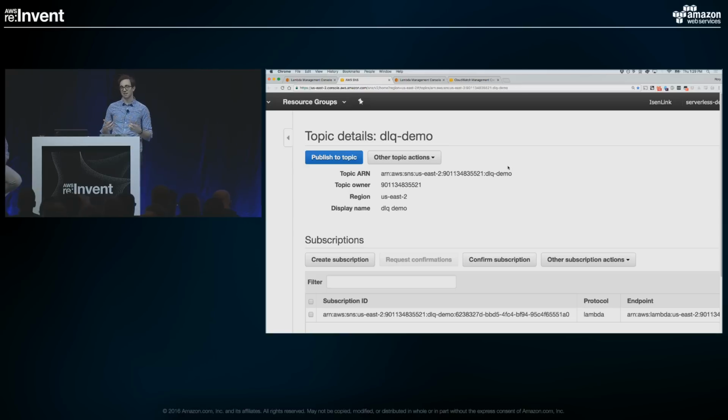So obviously, this is a very small example. Just writing to logs so I know and can recover from this. But you can imagine doing things that are much bigger with that. You can put that into a database. You can keep track of the errors. You can even do things like auto recovery based on certain scenarios. So there's a lot of different cool things you can do with DLQ. In this example, we're just going to write to CloudWatch.